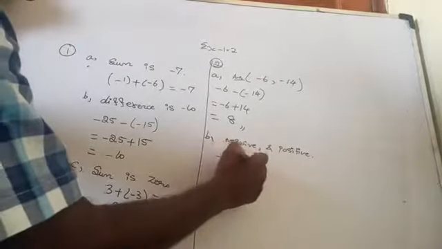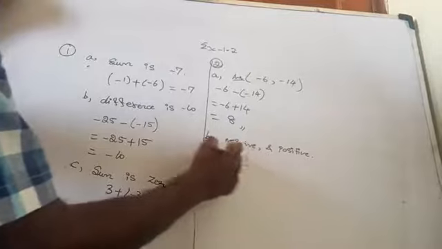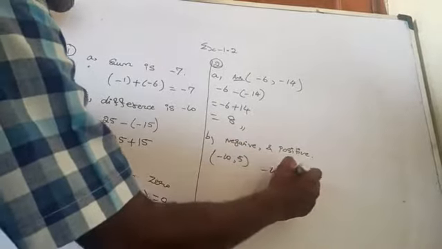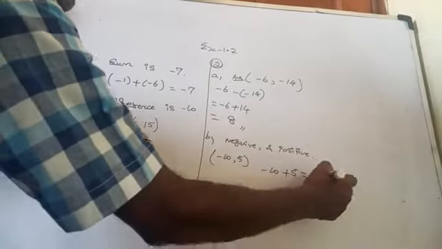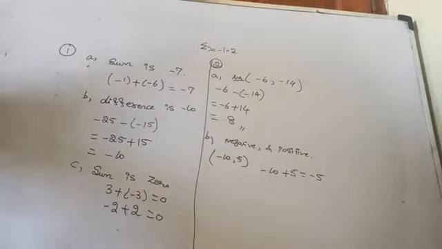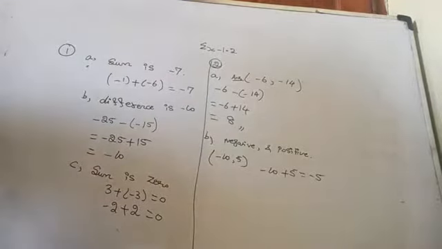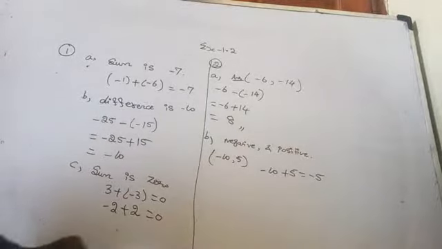So minus 10 plus 5, it's a pair. See, minus 10 plus 5, which is equal to minus 5, you can take. Am I right here? Whose sum is what? We need minus 5. So I am taking a negative integer, minus 10, and a positive integer, 5. So minus 10 plus 5 is what, dear? Minus 5.